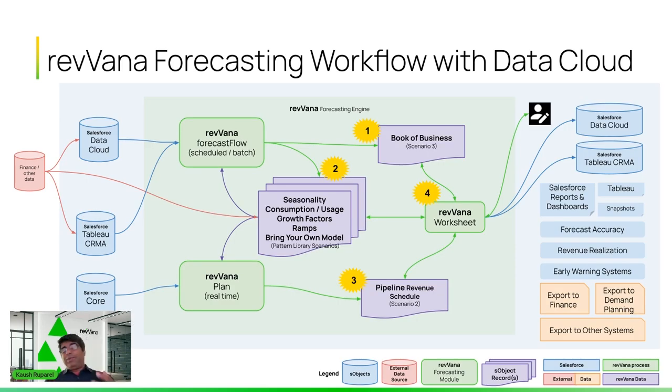So revVana as a platform allows you to define forecasting workflow in a more configurable fashion, so you don't have to build custom code and custom processes. We have a framework that includes an object model that can accommodate various shapes and sizes of time series data with various dimensionality. But we also have an automation layer that can reduce the burden on your teams when it comes to getting your forecast started. So I'm going to go into a few of those elements, but know that this is a common pattern that we see at our customers, but it is all configurable.